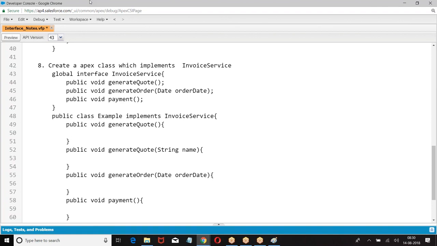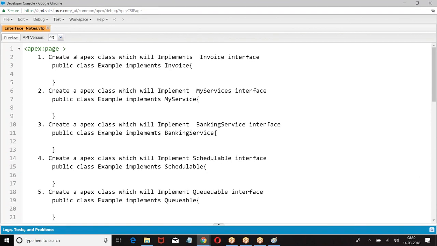So basically, now tell me, what is an interface? Interface is a collection of unimplemented methods. Can we create our own interfaces in Salesforce? No, you cannot. You are supposed to use only existing interfaces which are defined by Salesforce. When you go to other technologies, you will be able to define your own interfaces. Here there are basically 5 to 7 interfaces which we use. If you know how to use those 7 interfaces, that is the end of our game.